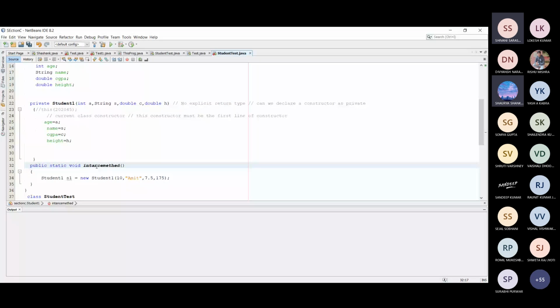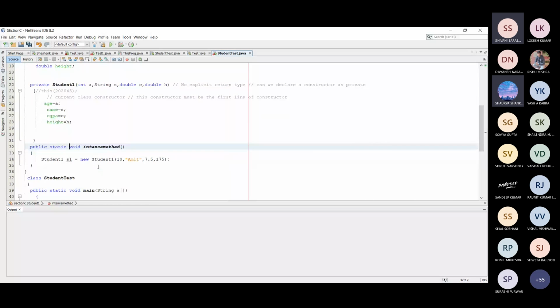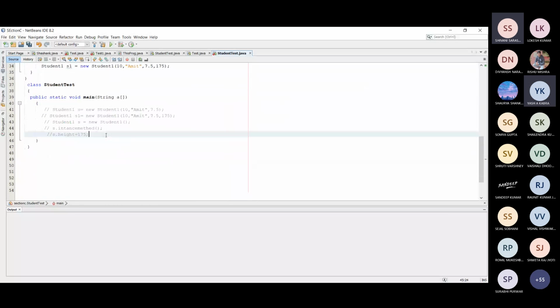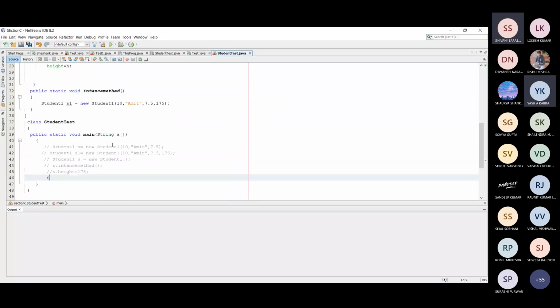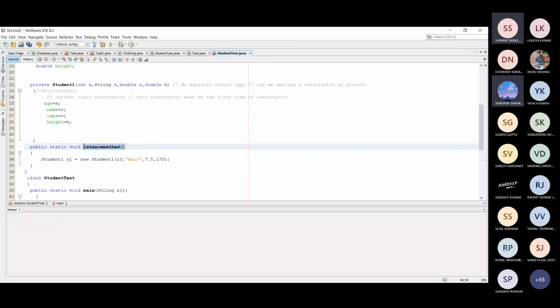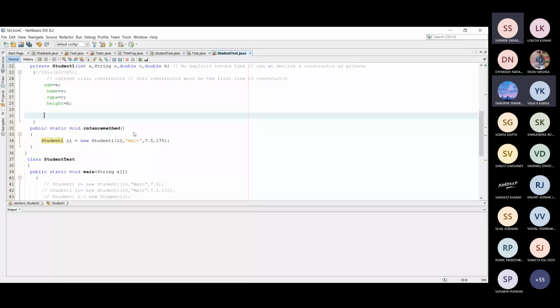If I declare this particular method as static, now it can be called with the help of the class itself, and when it is called, a parameterized constructor which is declared as private can be called. So basically this is how a private constructor can be used, but this एक तरीके से जुगाड़ टेक्निक हो रही है, बट इसका सिग्निफिकेंस कहाँ पर होता है?